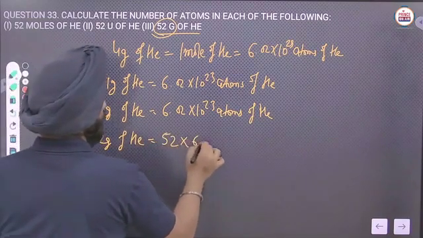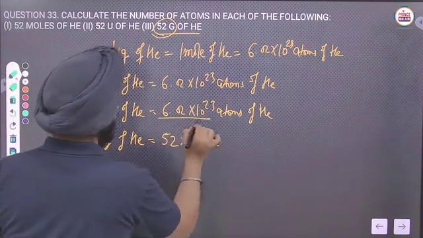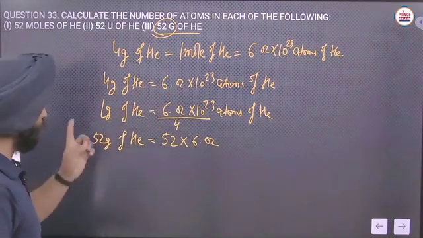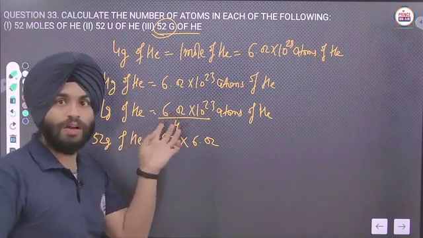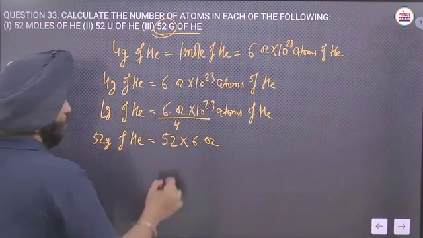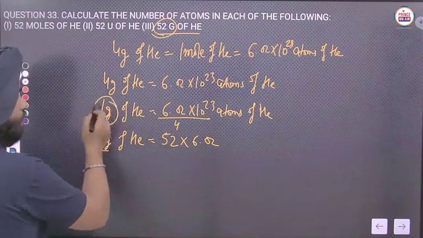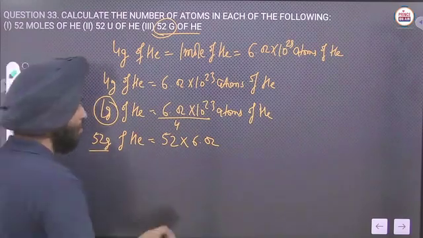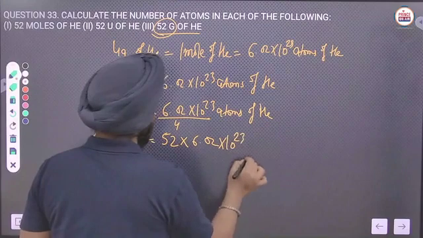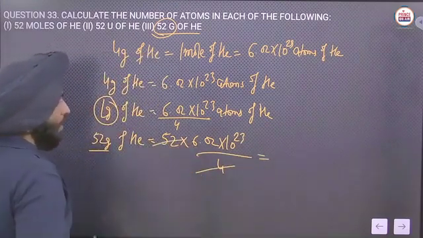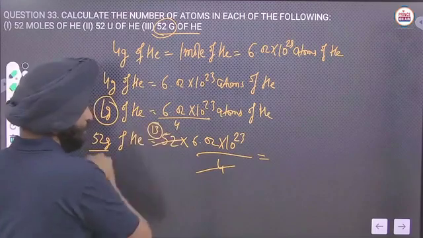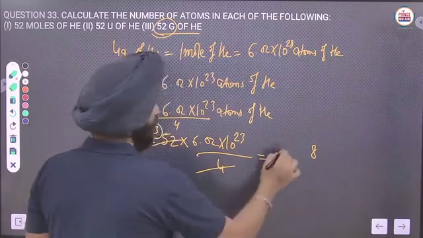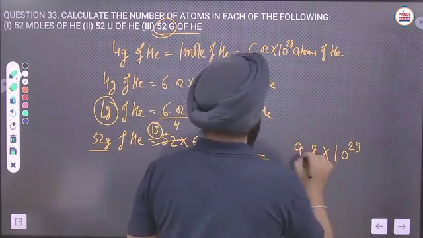Now we have 52 grams, so 52 grams will contain 52 into 6.02, wait, here we have to divide by 4 also. 4 gram of helium will contain 6.02 into 10 raised power 23 atoms of helium. 1 gram will contain 6.02 into 10 raised power 23 upon 4. So for 52, if we have the value for 1 gram, then for 52 you just have to multiply it by 52. So it will come out to be,